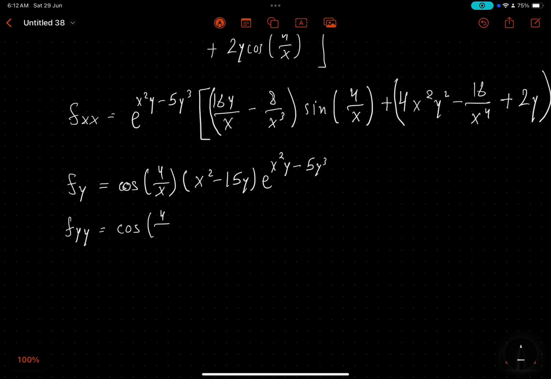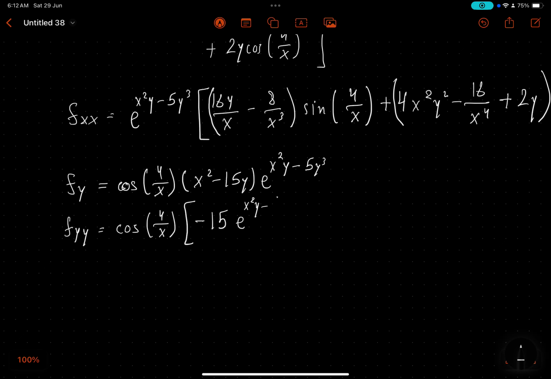Cosine of 4 over x at the beginning, and then minus 15 times e to the x squared y minus 5y to the 3, plus x squared minus 15y, and then we differentiate with respect to y, so x squared again, minus 15y, e to the power of x squared y minus 5y to the 3. And that's our answer for